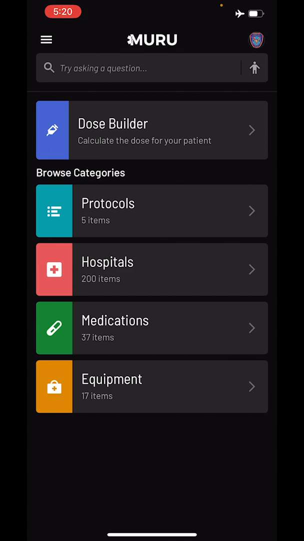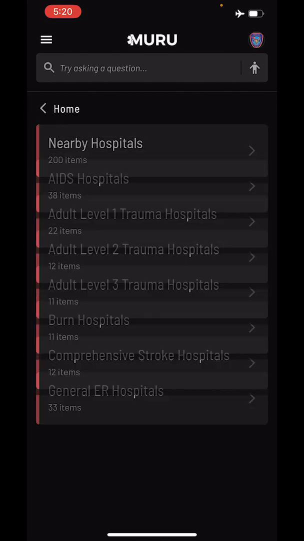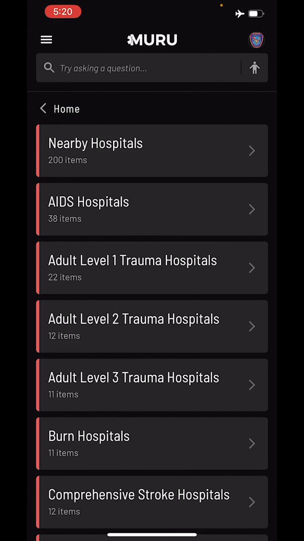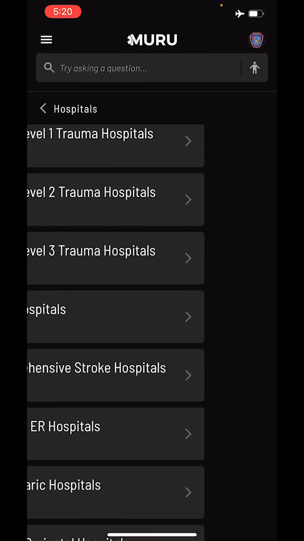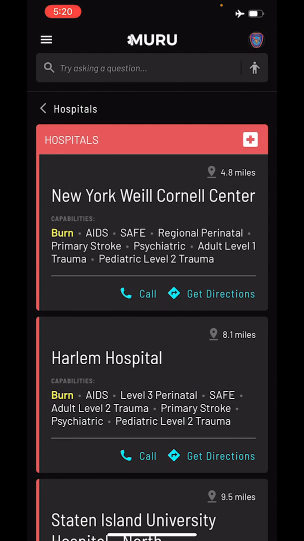We also have a lot of information on hospitals. When you click on hospitals, you'll see a capabilities list available. Don't worry, this capabilities list is customized to the capabilities that you follow in your region. When you click on one of the capabilities like burns, you'll see a list of the closest burn hospitals to